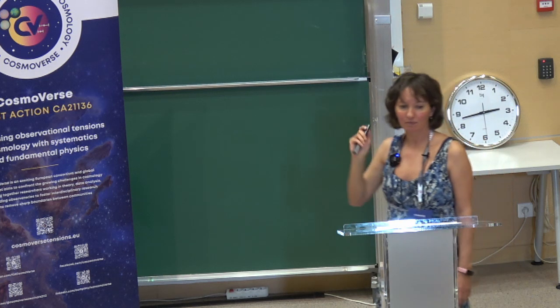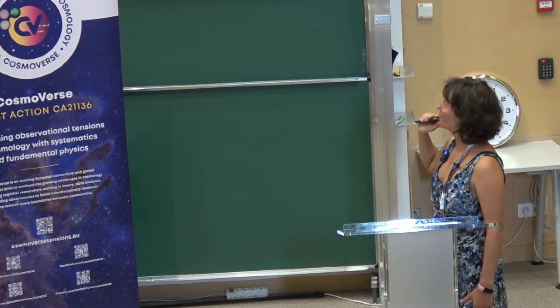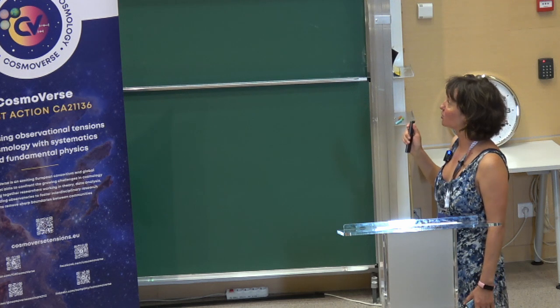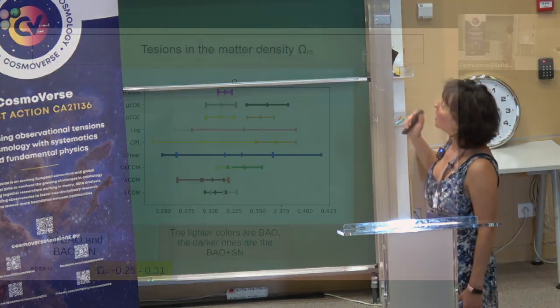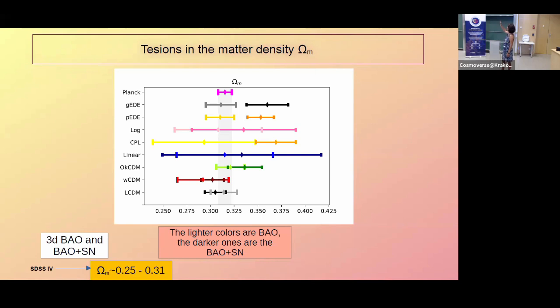This is for the matter density, because I really think that the matter density is a parameter that is not paid enough attention to. You can see how, when we have only the BAO points, we start from the left, and when we add the supernovae dataset, we go to the right, to higher values of the matter density. For the transversal BAO points, the plot looks similar, but the errors are bigger. This is why I decided to leave just this one, to make it simpler for everyone, but the result is the same.